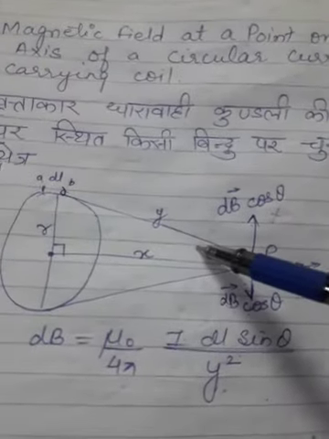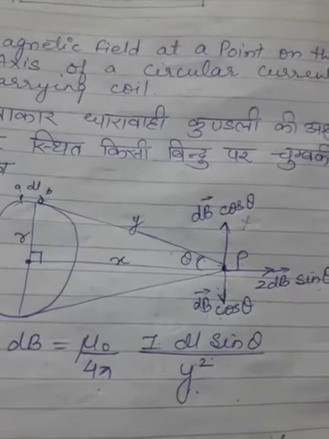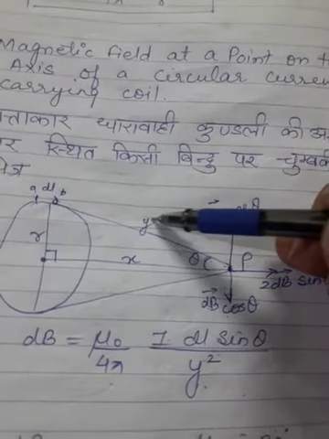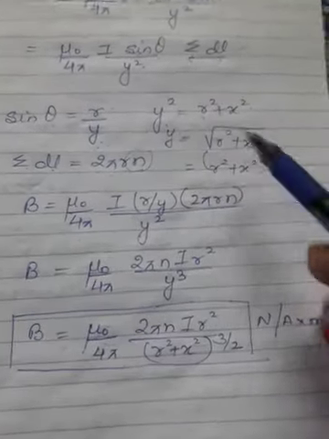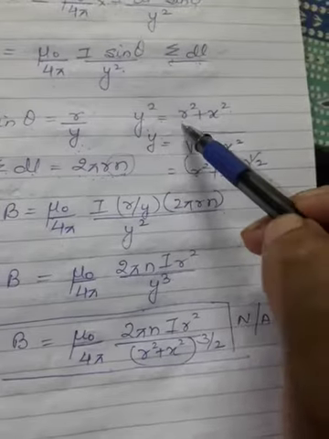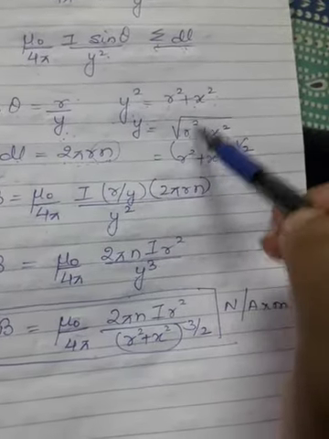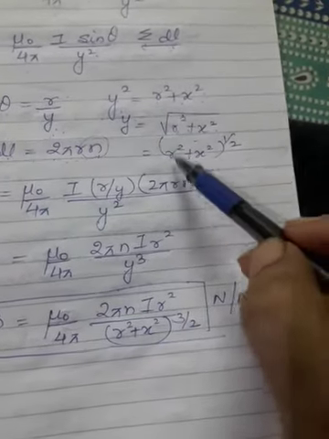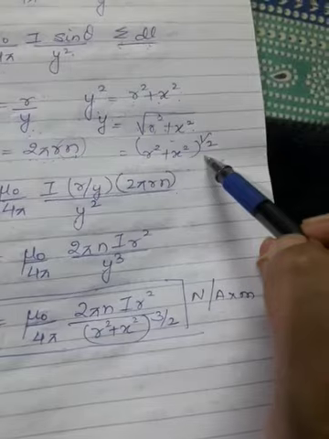And in the same triangle, you are getting the Pythagoras theorem also. That means the distance y square is equal to r square plus x square. So, what will you be getting? y square is equal to r square plus x square. That means the value of y is equal to under root r square plus x square, where if you remove the root, that means the power will be half.